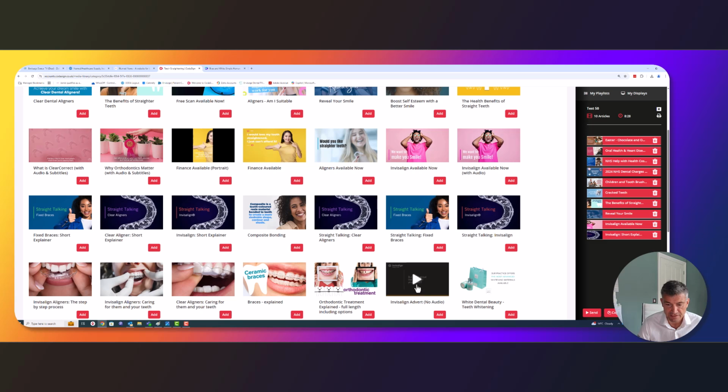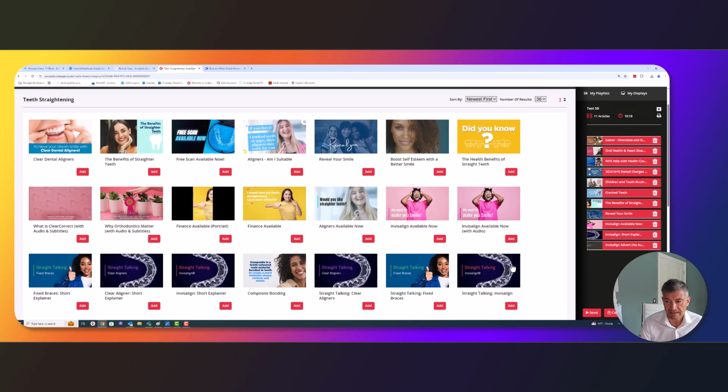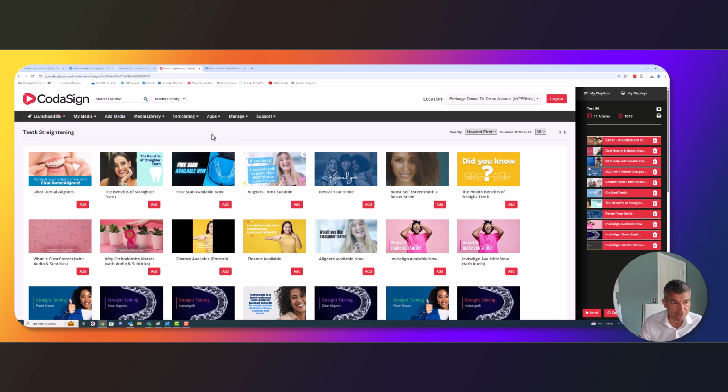We always have Invisalign content as well. Let's add that in. But now we have quite a bit of content there talking about aligners. Let me show you how you then create what we call templating. In fact, I tend to refer to it as digital posters. You can create digital posters very easily, but the first thing I'm going to do is show you that in those templates there are brands,